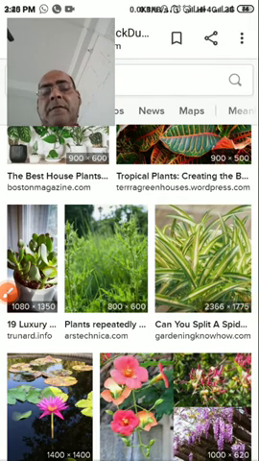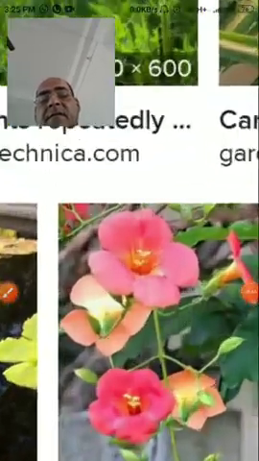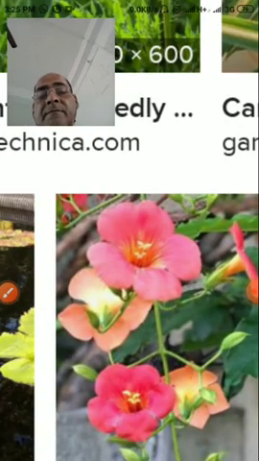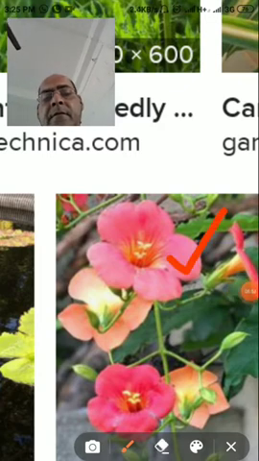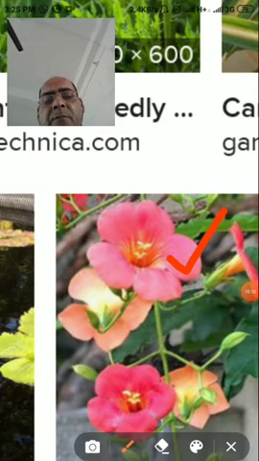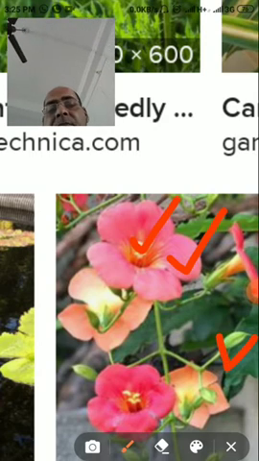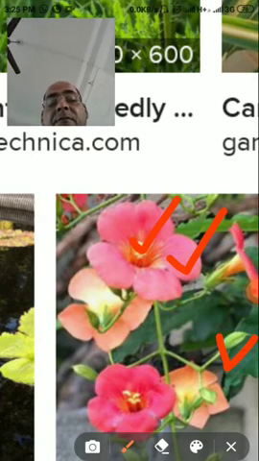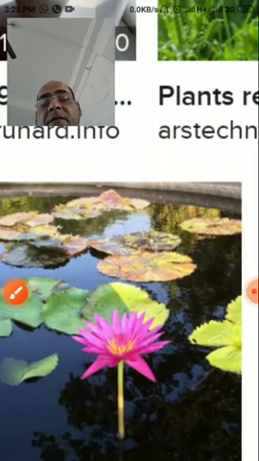Now come to the flower, and you are looking here in this visual. This is the flower. This is the structure of the flower. So my dear student, in this structure of the flower, you are looking here, this is petal. This green part, this is sepal. This part is the androecium and gynoecium. So sepals and petals are colored for the attraction of insects, so that they can pollinate the flower, which results in the formation of seed inside it.